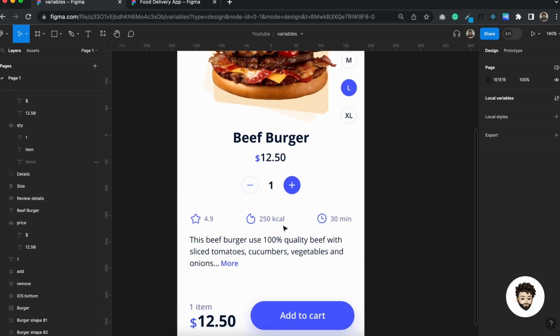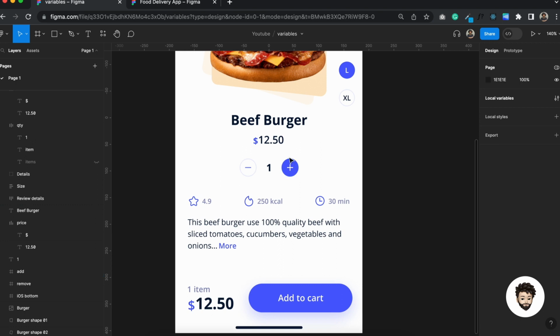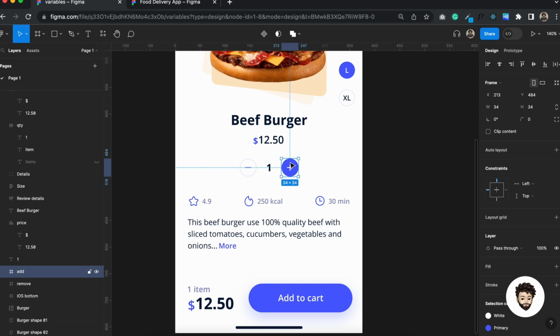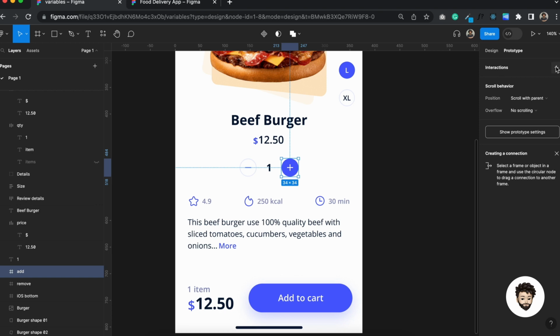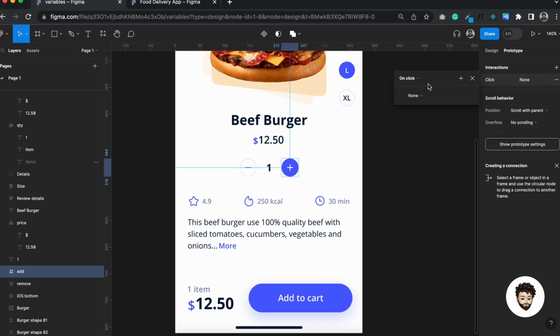Now we need to perform certain actions when we click on this add icon or this remove icon, right? So we need to select this add icon, go to prototype, and we need to create an interaction here, an on-click functionality. So what we are saying here, when we click on it, let us first set up a goal. So let us work with this value. So what we need to do, when we click on this, we need to set up a variable. What variable? We want to take the quantity